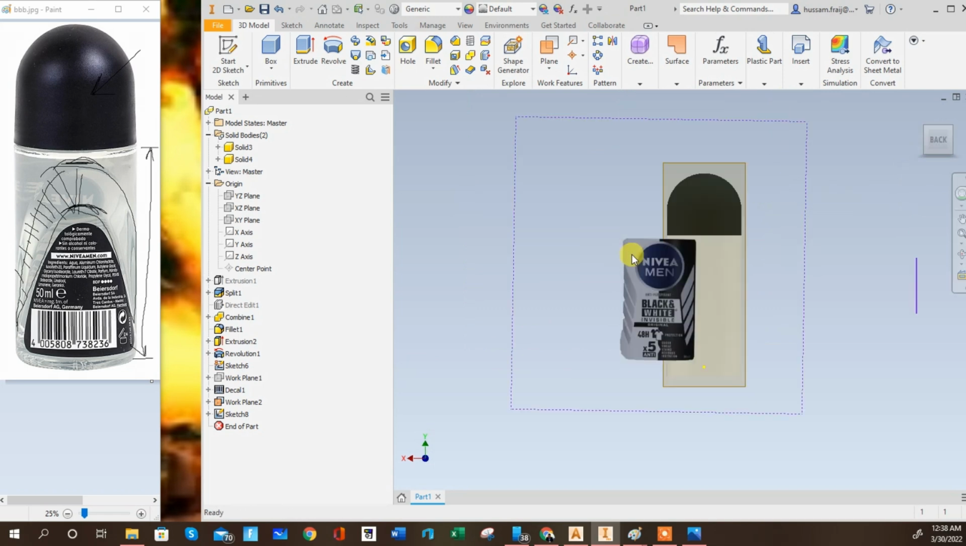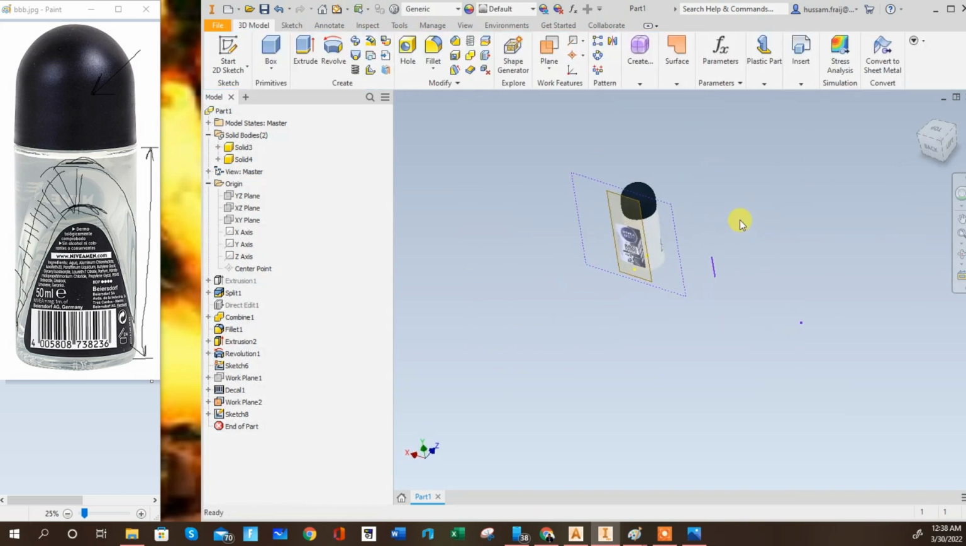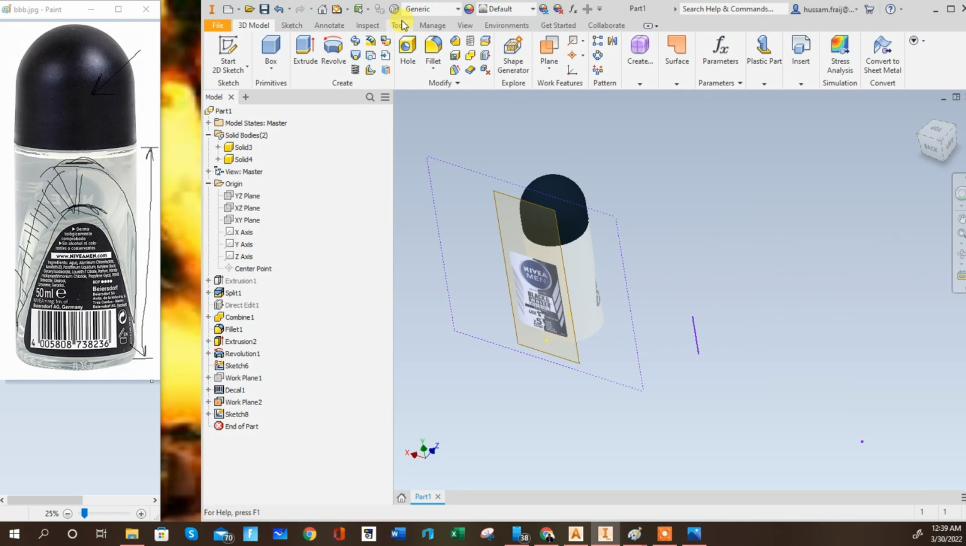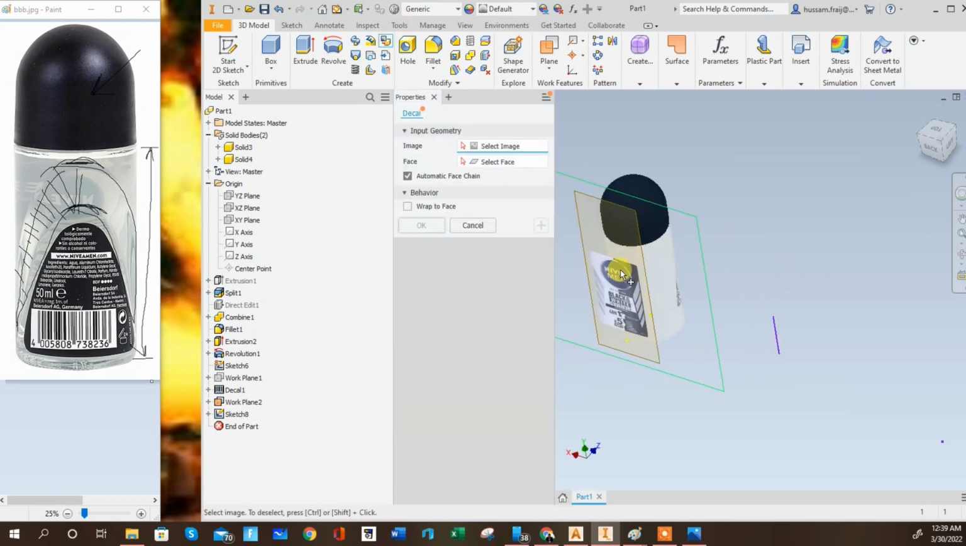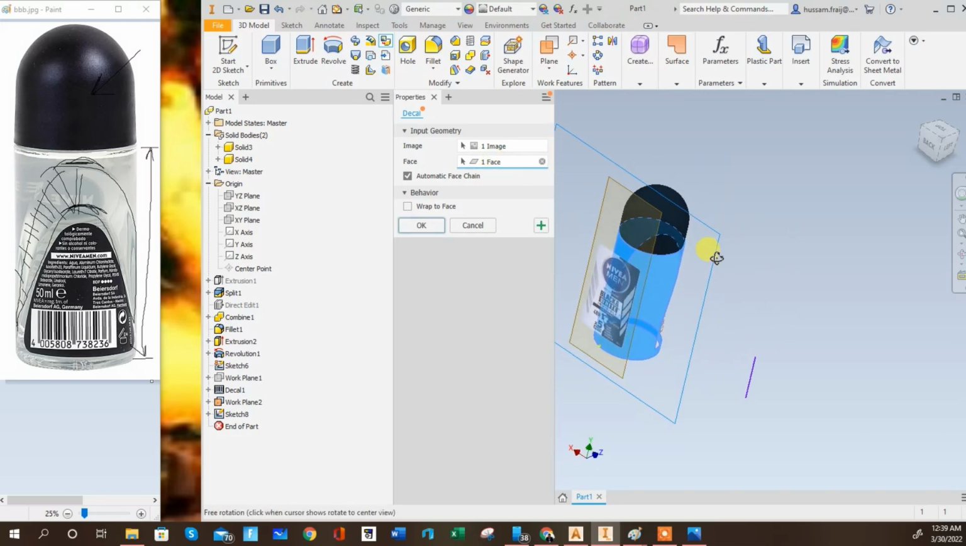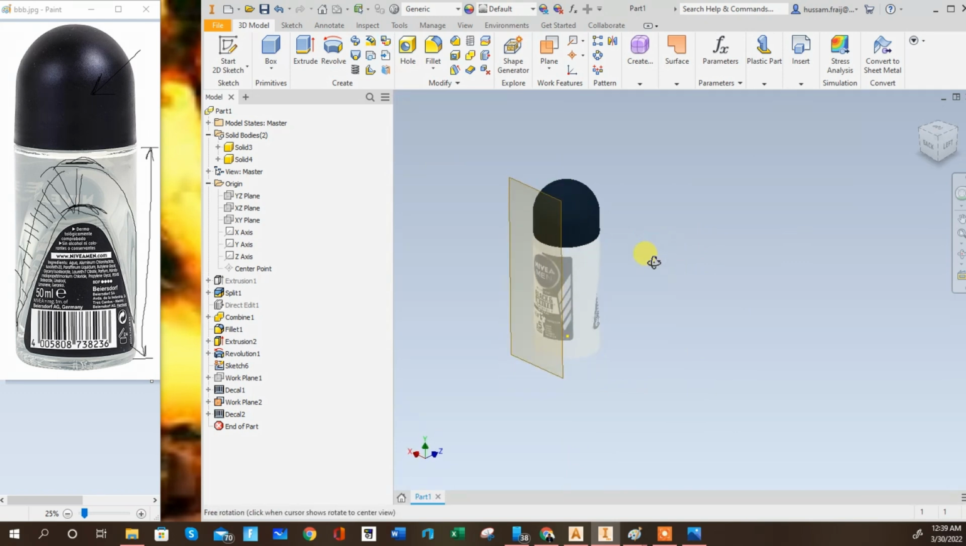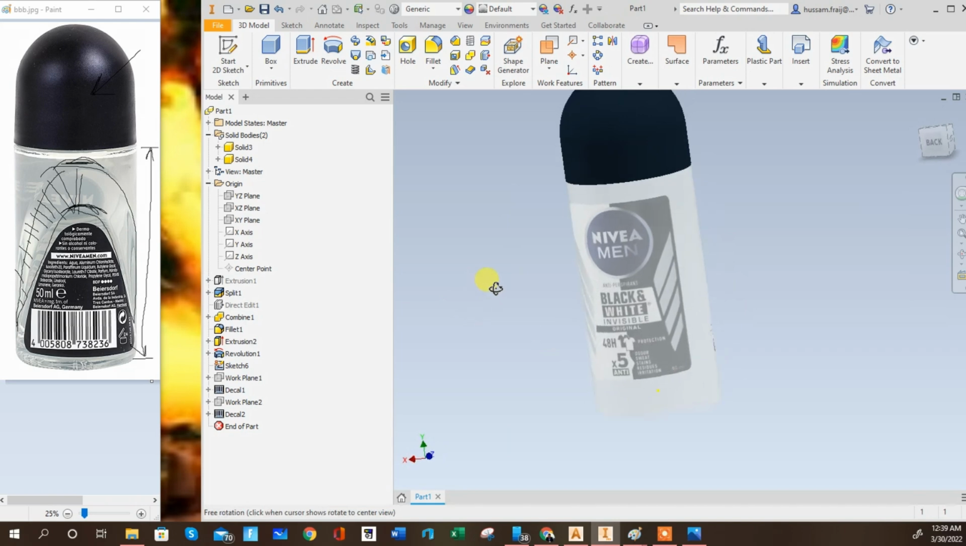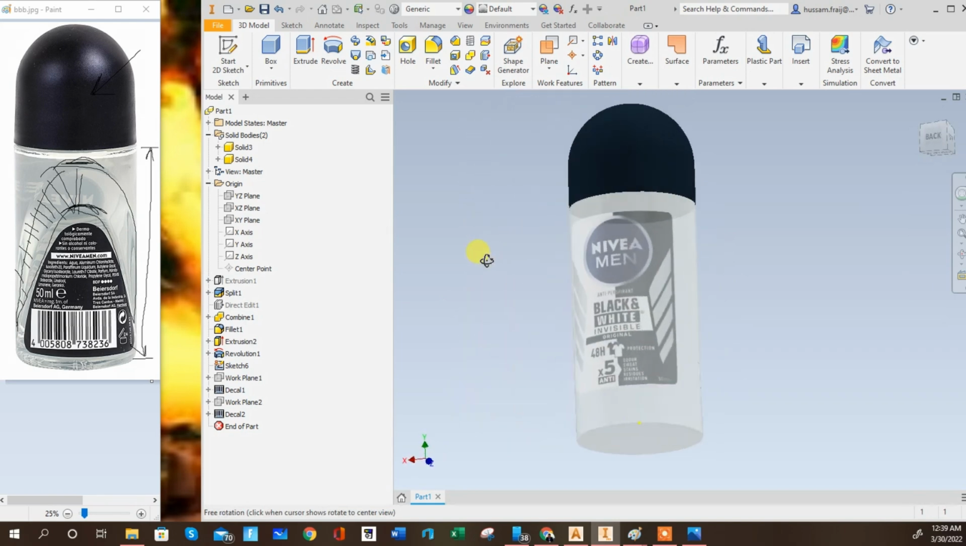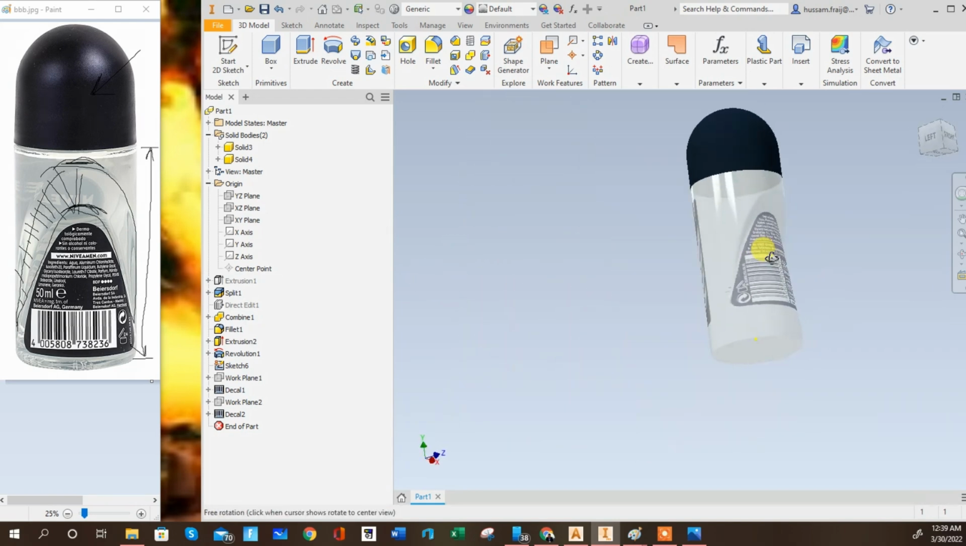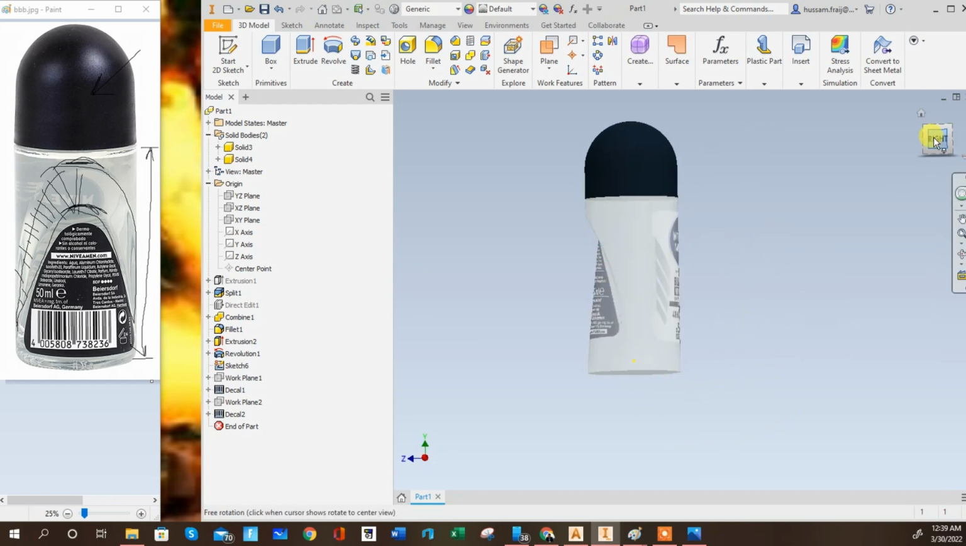Let's say flip normal. Then after the finish, I will import the image, this image on this face. Yes, I will choose this one. If I choose automatic chain, it will cover it all. I will remove the work plane. So this is the part. Okay. So this, if you look from the side,